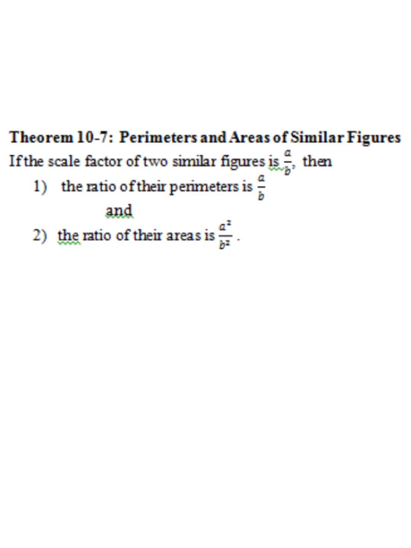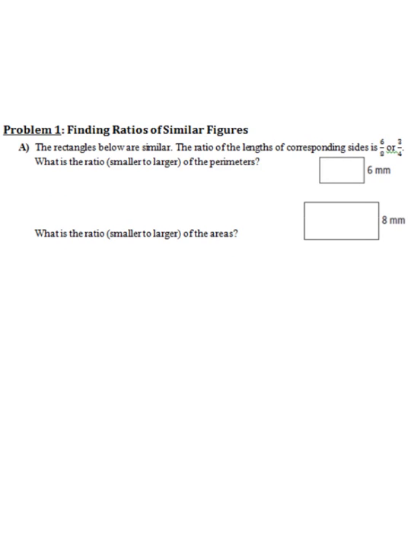If we have a scale factor a over b, that's this right here, then first of all we know that the ratio of their perimeters is also a over b, and the ratio of their areas is a squared over b squared. So how we're going to use this theorem, we've got our first problem, we've got two rectangles that